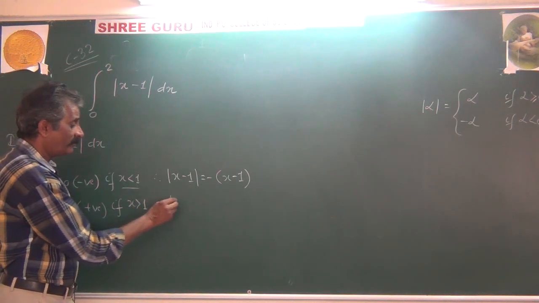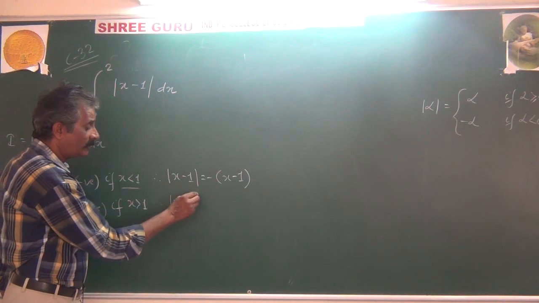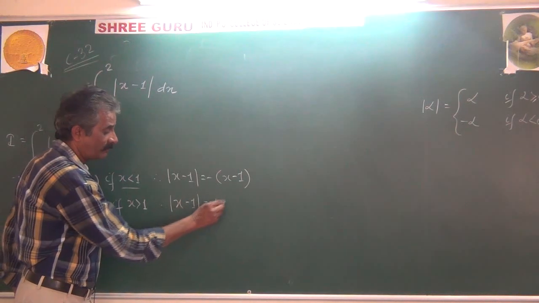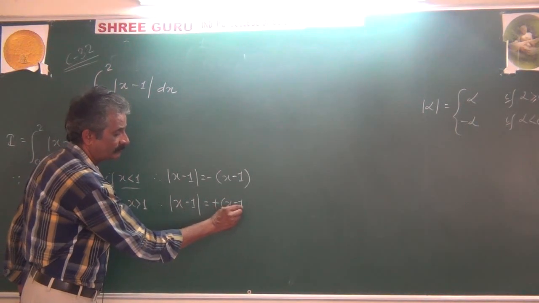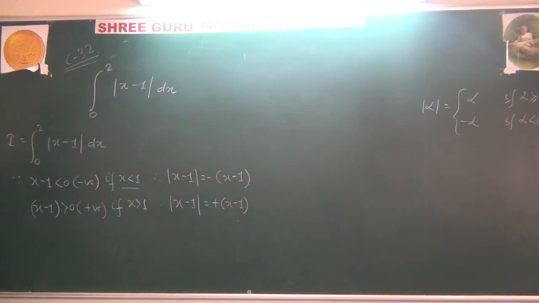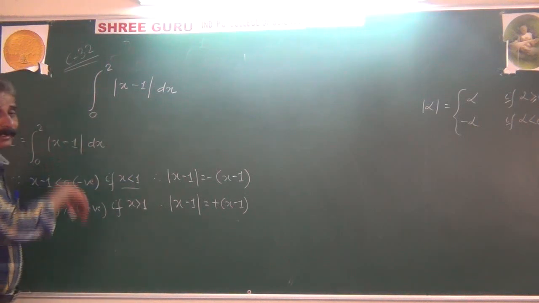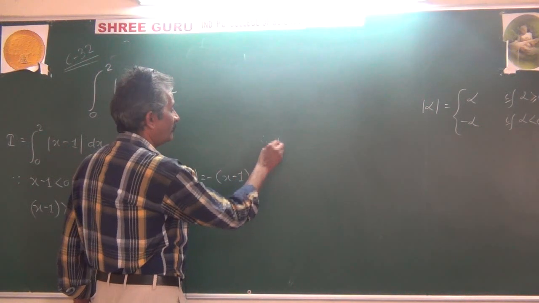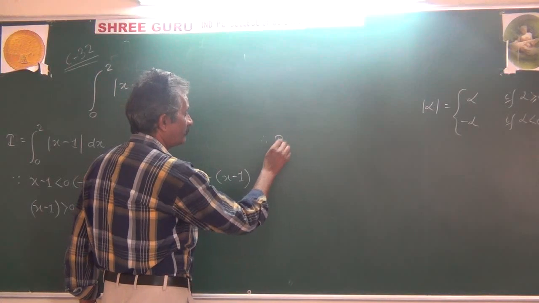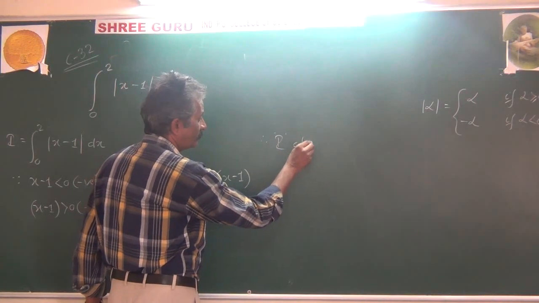Therefore, modulus of x minus 1 will be equal to plus x minus 1. This is why, by the well-known definition of modulus of a function, now I changes. Therefore now I becomes, or I changes,